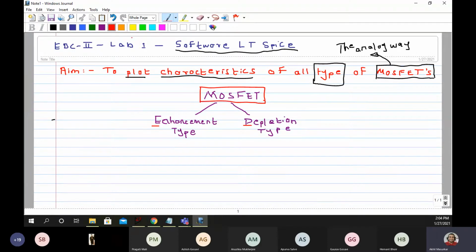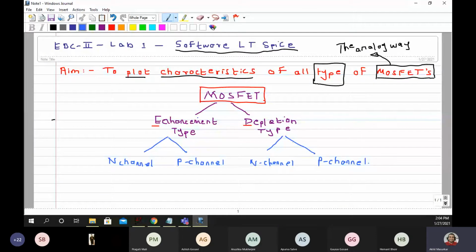But each of these has two more types. In enhancement type, we have N channel and P channel. Whereas in depletion type also, we have N channel and P channel.